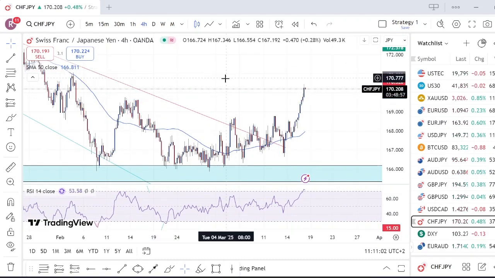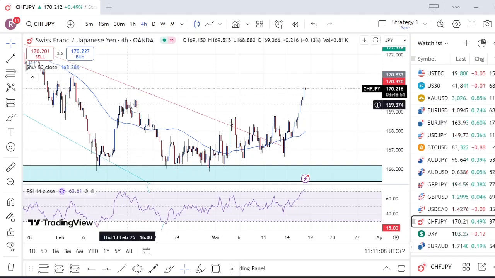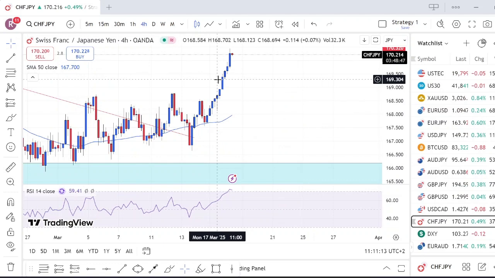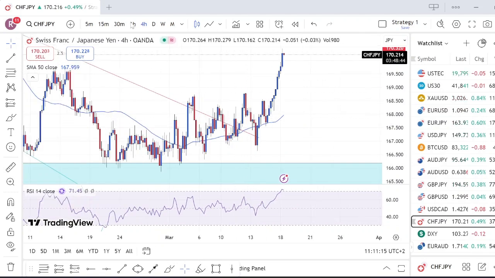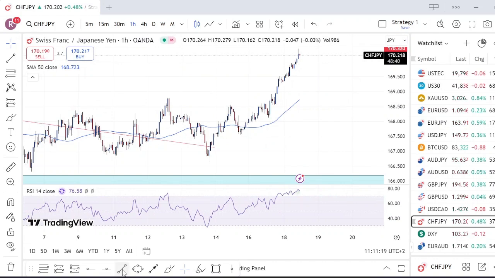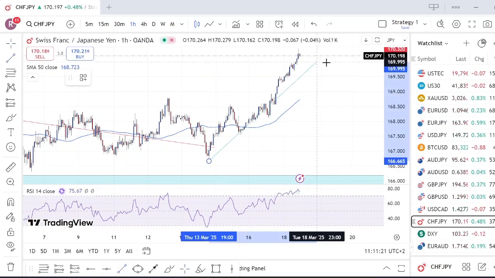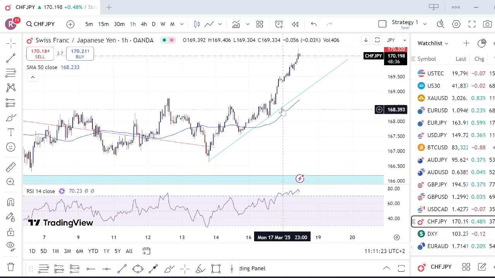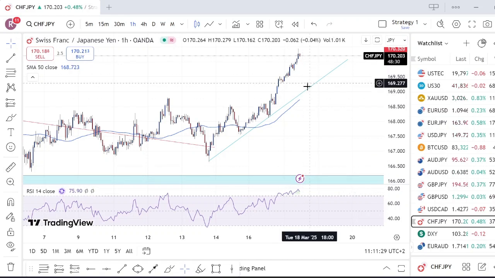In fact, let's just do a quick analysis. We have also broken above the previous lower high, which was created as I've just deleted. So this level here, at 169,600. So bulls firmly in control. Let's get some analysis going. Price trading with a bullish trend line. Beautiful, trading above the 50 MA on the 1 hour and is overextended on the RSI,